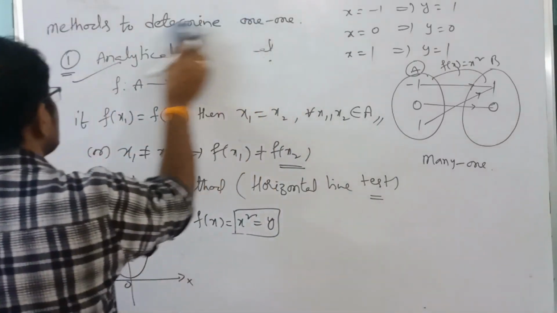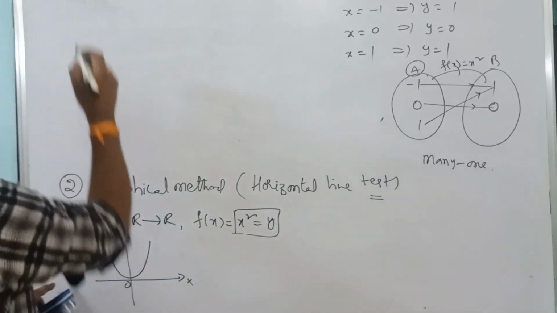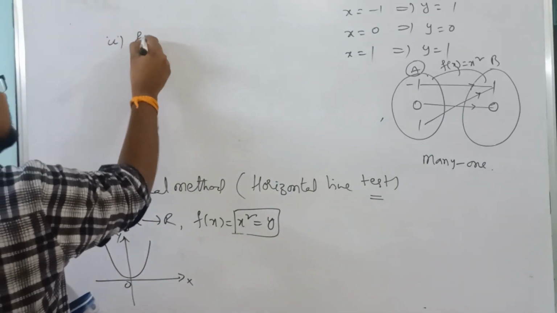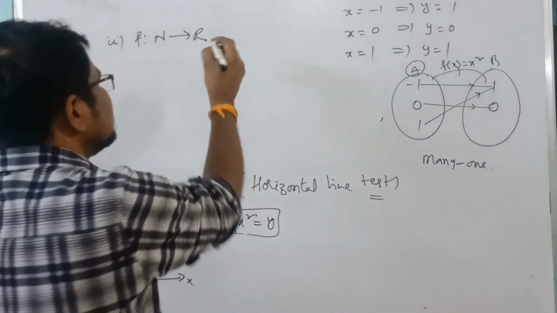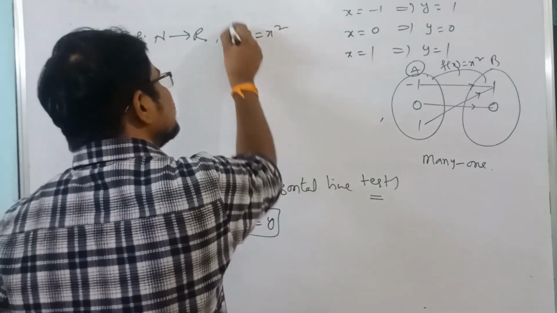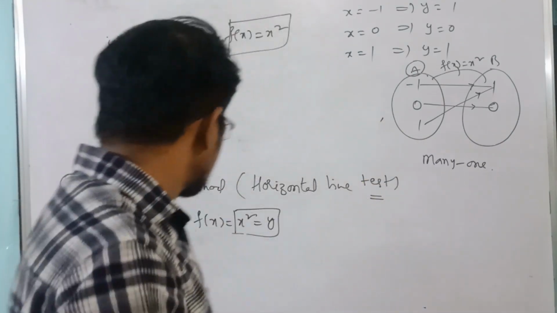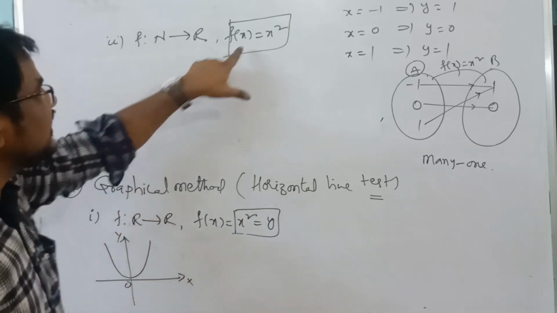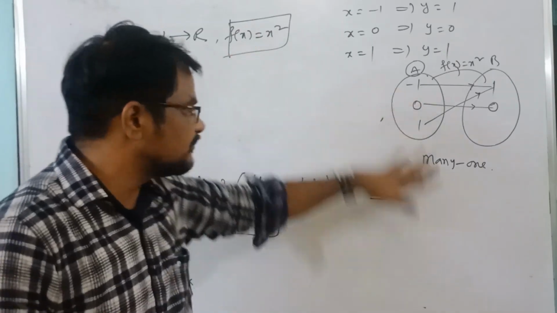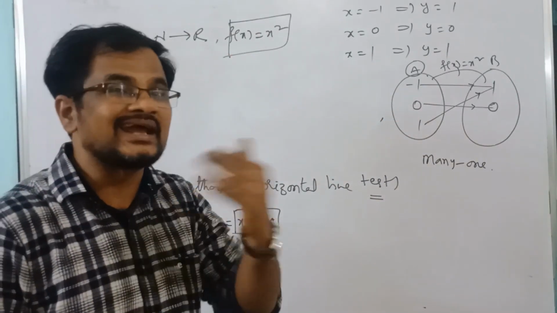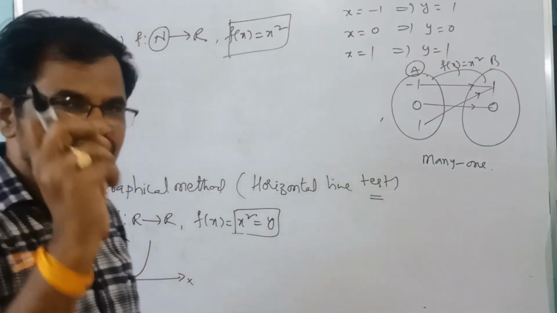Now suppose you take one more example, where f is mapping from N to R, that is, natural numbers to real numbers, and the function is defined by f of x equals x square. Same thing. In this type of problem, you definitely have to observe the domain of the given function, not only the expression of the function. If you observe only the expression and do the same type of problems, you will get the wrong answer. You have to first observe the domain of the function. That is most important in this.